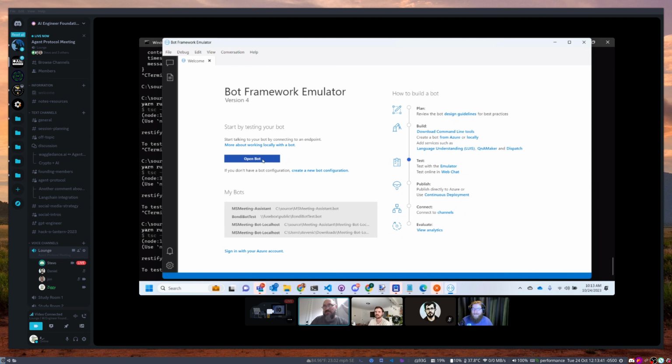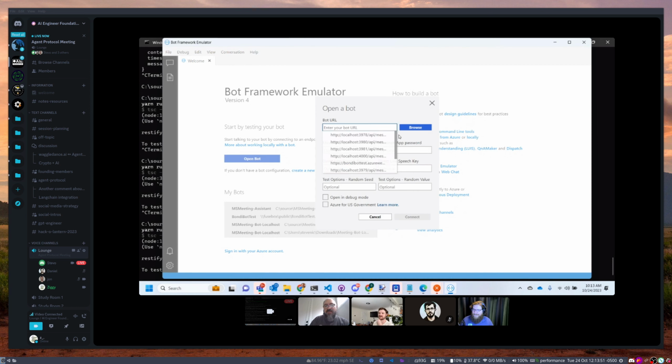It has no resemblance to VS Code anymore internally. But what's kind of cool about this emulator is that we can open up our bot here, and I can pick the endpoint that I want to connect to.